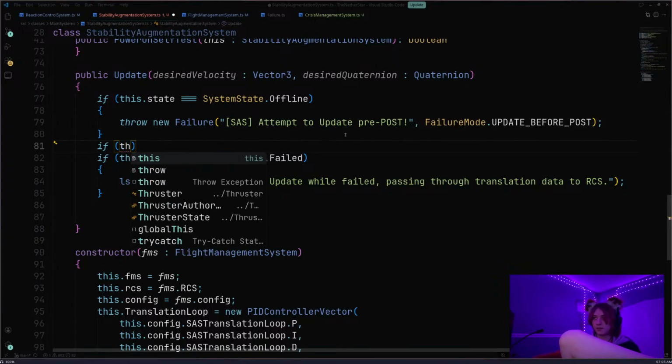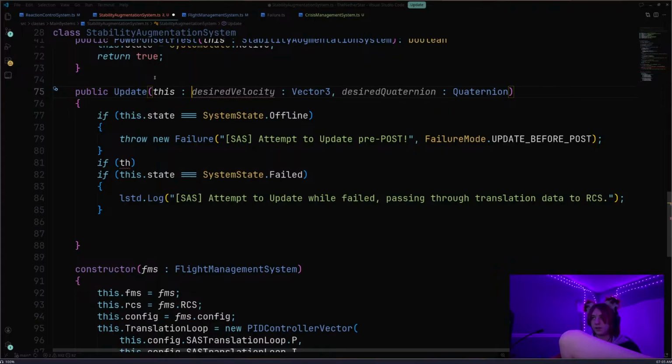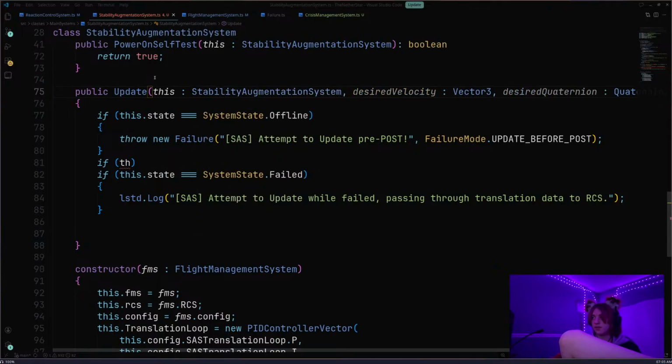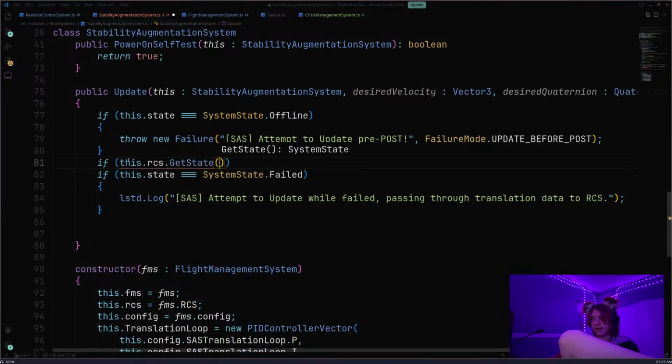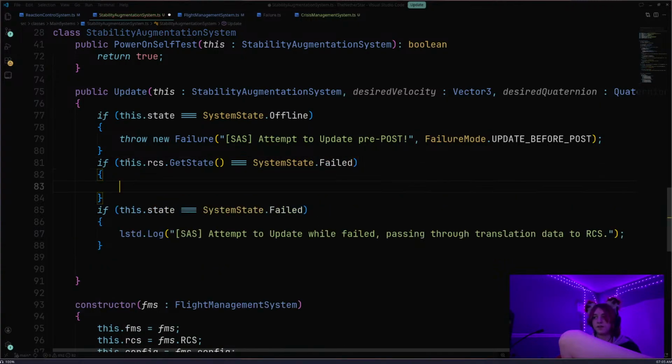Hold on, let me change this to include the stability augmentation system. If this dot RCS dot get state doesn't equal system state dot failed, then